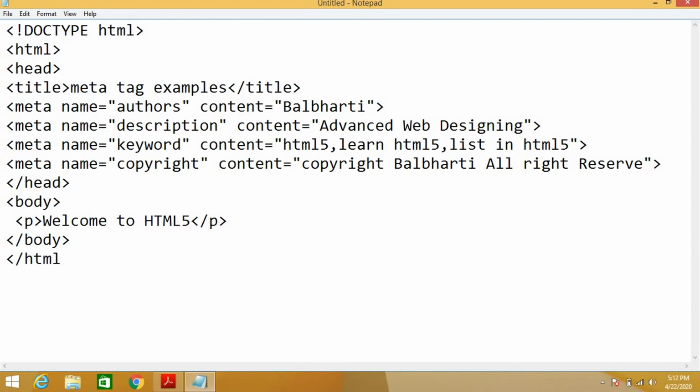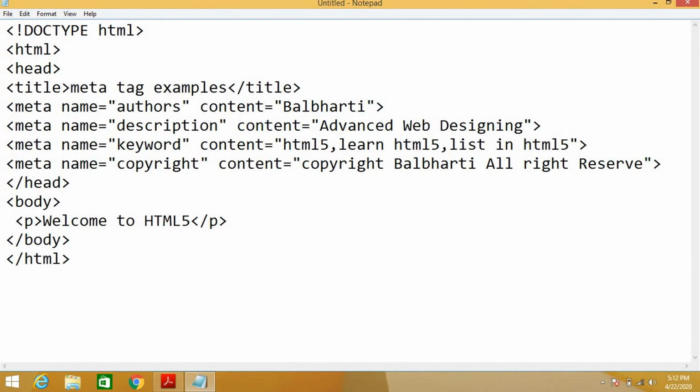There are two types of tags in this: container tag and empty tag. Some tags are required to be closed. The meta tag is not required to be closed, you just open it. Most tags are required to be closed, and they are known as container tags.